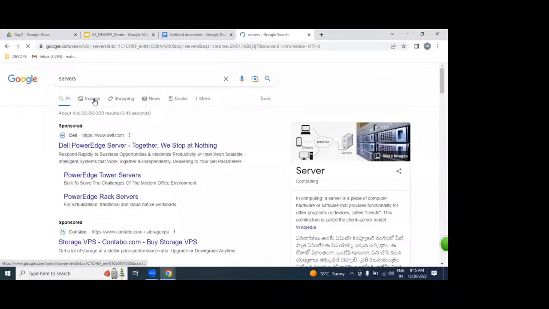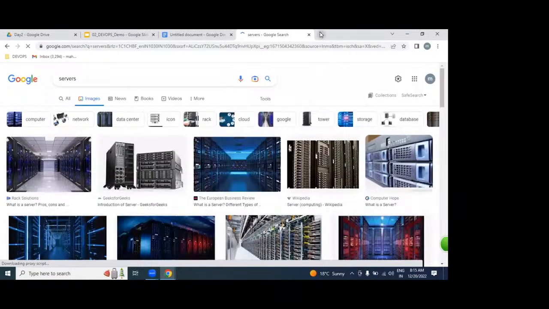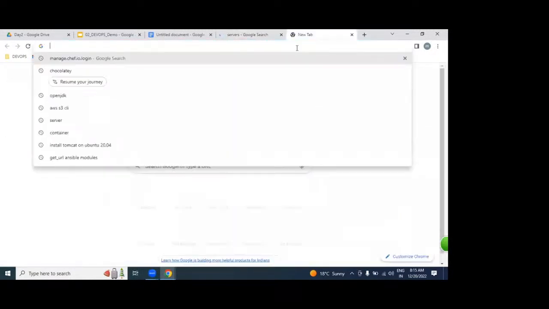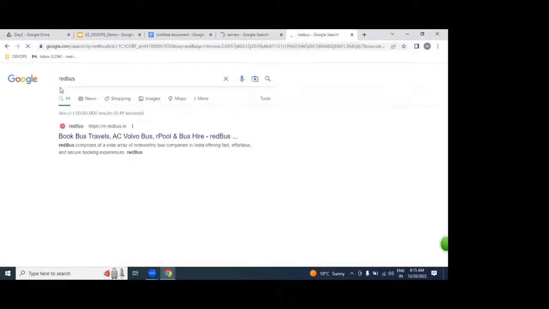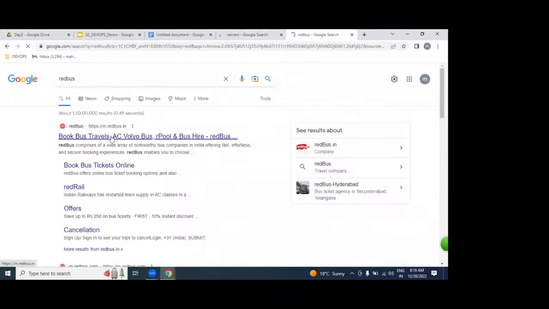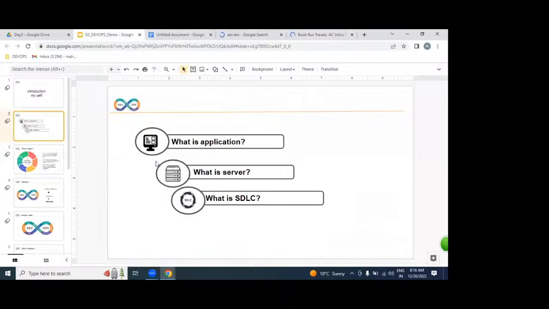Once it is placed on the server side, you are going to access it as a website, like Redbus, BookMyShow, IRCTC, Flipkart, any website. Application is nothing but a website. Simple answer.